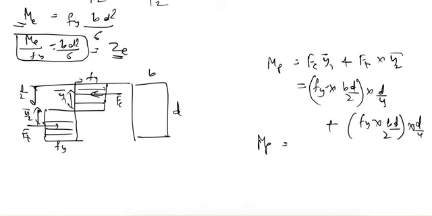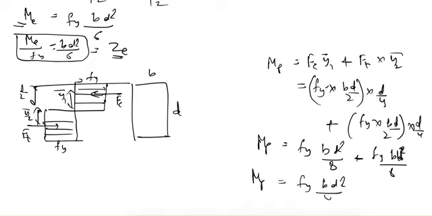So from here we get plastic moment is equal to Fy Bd square by 8 plus Fy Bd square by 8. So from here Mp is equal to Fy Bd square by 4,